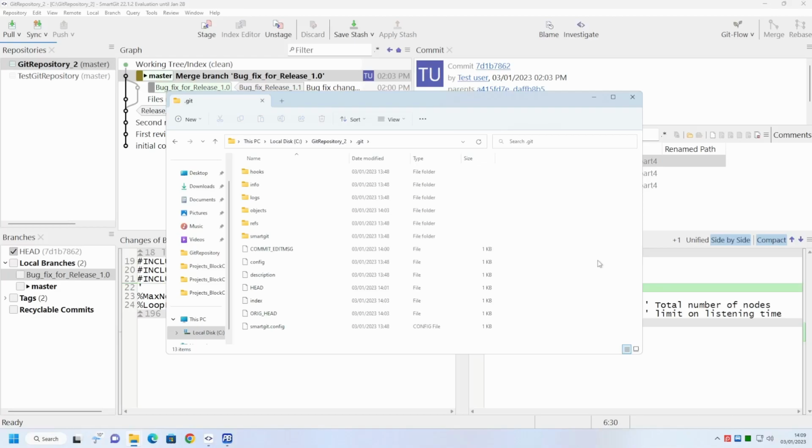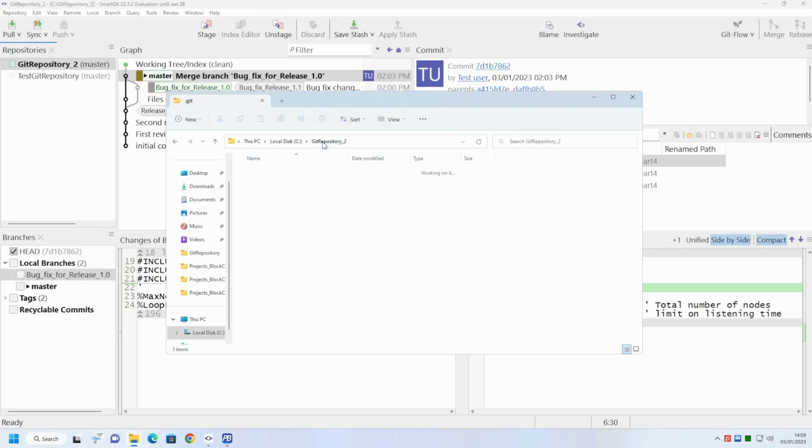Normally, you would not need to go into this folder, as SmartGit itself manages everything in here for you. So everything within the Git repository folder can be backed up, which will allow you to have a complete backup of not only your current source files as you're working on them, but also the Git repository itself. As always, you can never have enough backups.